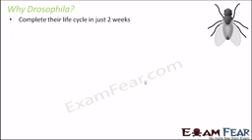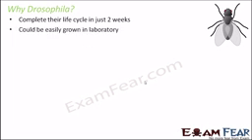The shorter the life cycle, the more generations it can produce. So within 2 weeks, you will have another generation of fruit fly. Again, the next generation will give you another generation in less than 2 weeks. So you get one generation after another in a shorter period of time. That means a small life cycle is helpful. It can be easily grown in a laboratory.